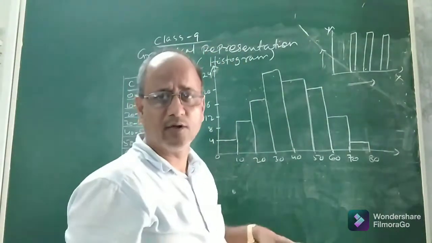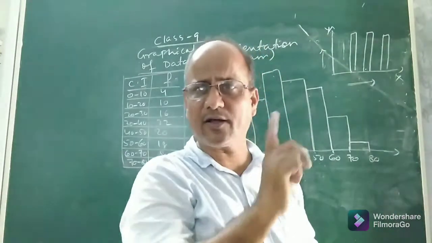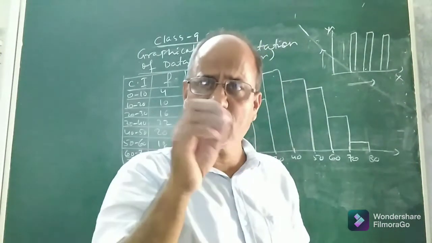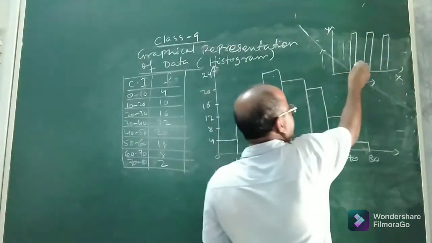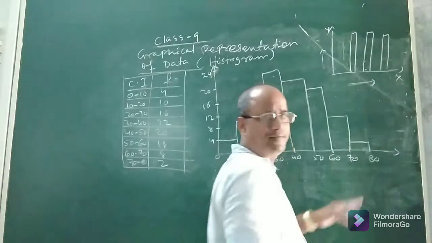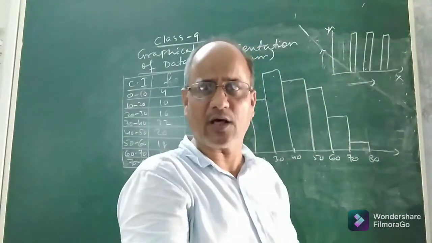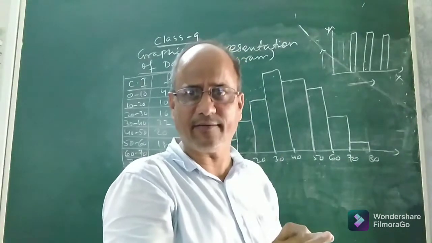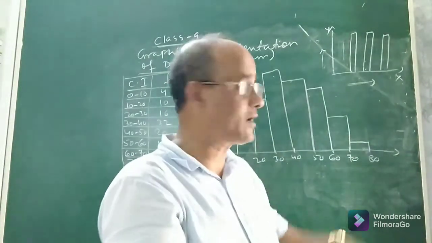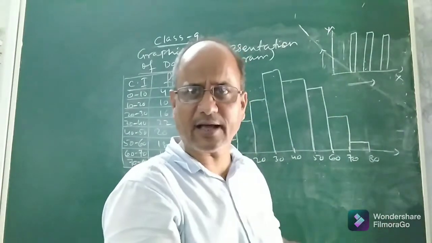Okay. So in a bar graph what we do? We take two different quantities along the x-axis and y-axis. Then we draw bars or rectangles. You see, this is one bar, this is one bar, this is one bar. This is a vertical bar graph. However, the bar graph may be horizontal also. That we read in class 7: vertical bar graph and horizontal bar graph. Look at this bar graph, what do you find? You find three bars or three rectangles.